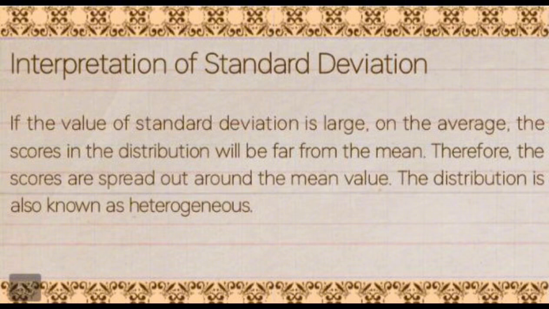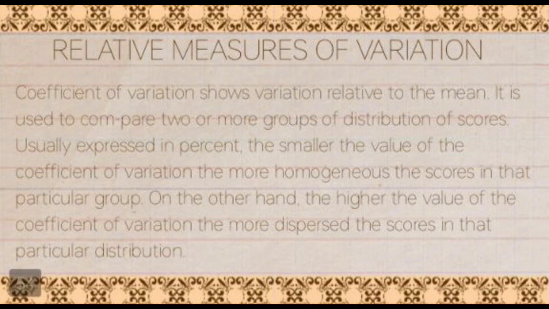Next, measures of variation. The coefficient of variation shows variation relative to the mean. It is used to compare two or more groups of distributions of scores, usually expressed in percentage. The smaller the value of the coefficient of variation, the more homogeneous the scores are in that particular group. On the other hand, the higher the value of the coefficient of variation, the more dispersed the scores in that